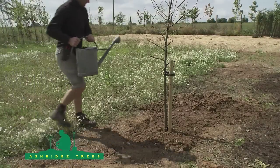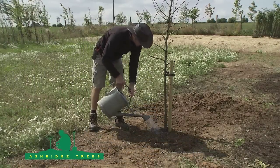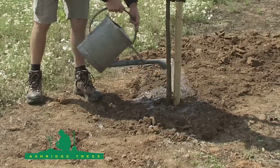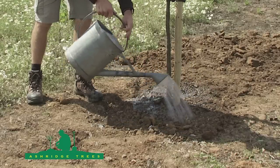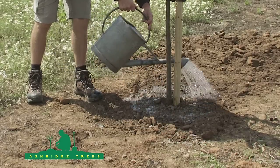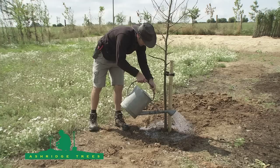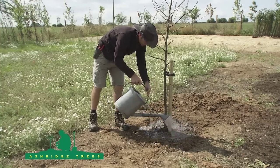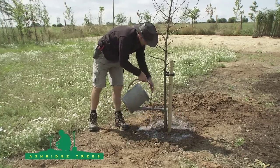Water the root area thoroughly after planting. Obviously, the bigger the tree, the more water you will need. You might have to do this slowly in order to get good penetration in heavier soils that do not drain freely. Please remember that the single biggest cause of failure in newly planted trees is underwatering between planting time and